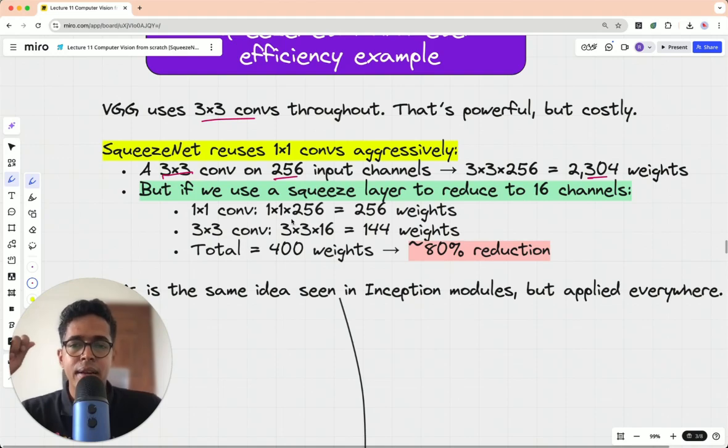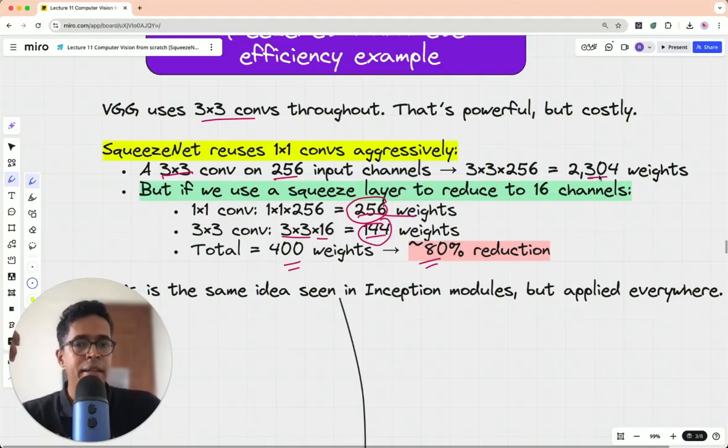Then 1x1 convolution applied over 256 channels means you will have 256 weights, but then you are reducing it to 16 channels. So the 3x3 convolution is applied over 16 channels. So 3 multiplied by 3 multiplied by 16 equals 9 multiplied by 16, 144 weights. So if you add up 256 plus 144, you have only 400 weights, which is 80% smaller compared